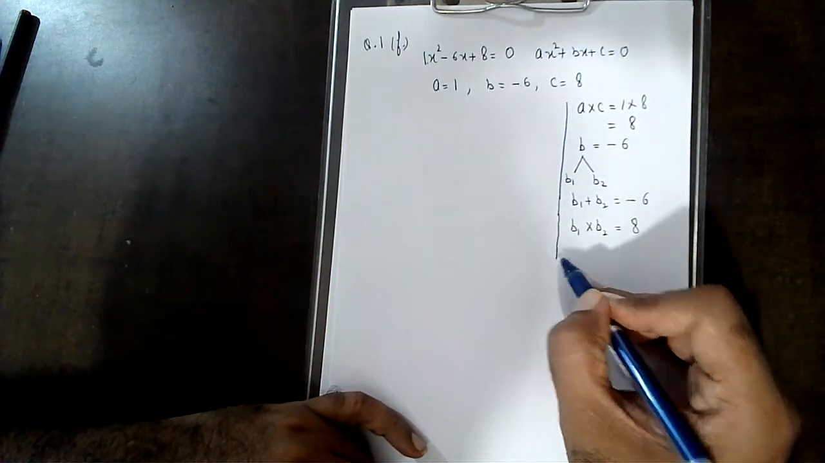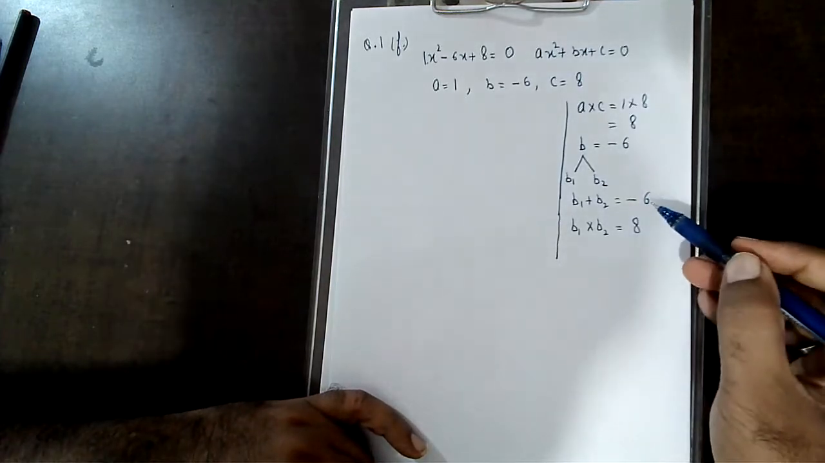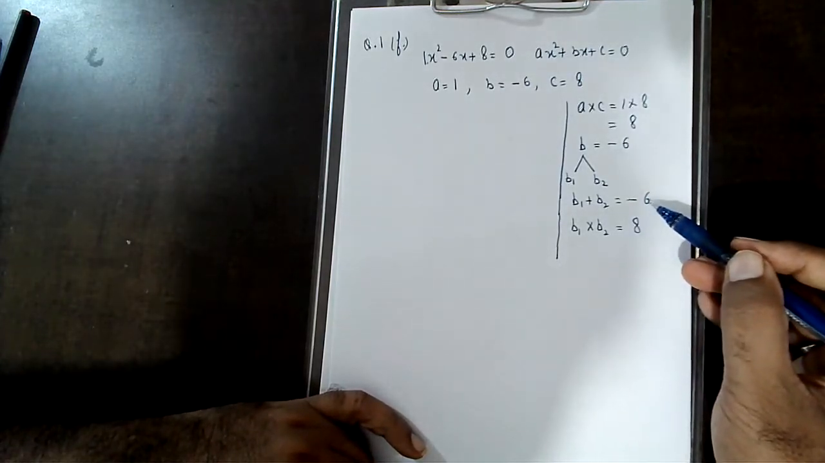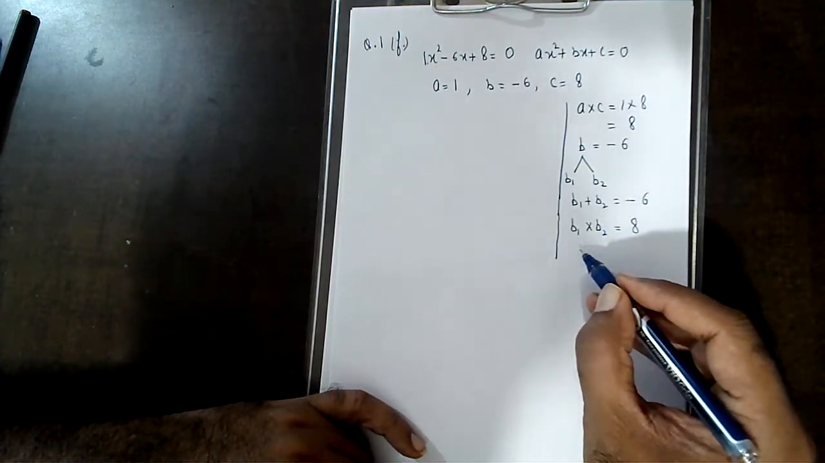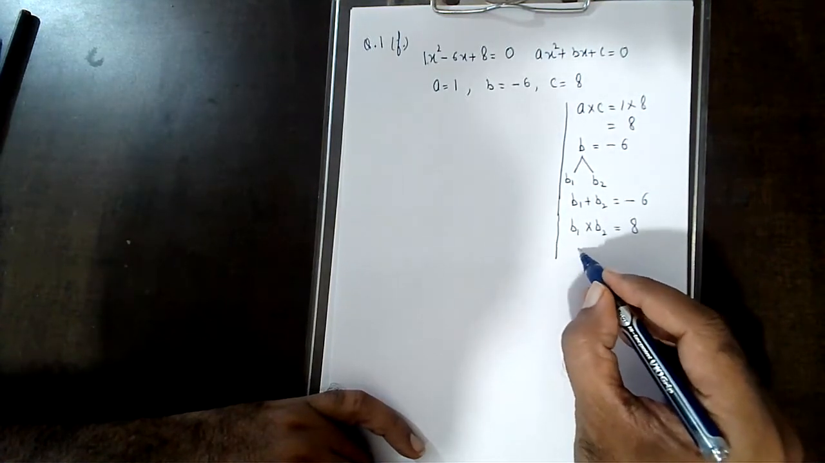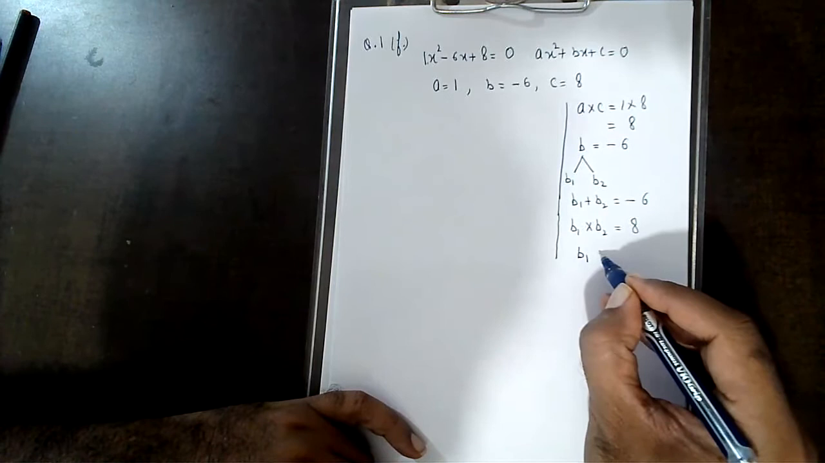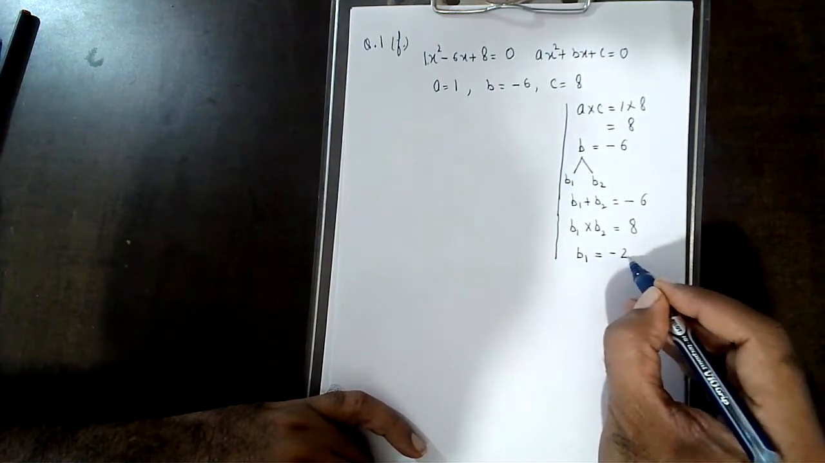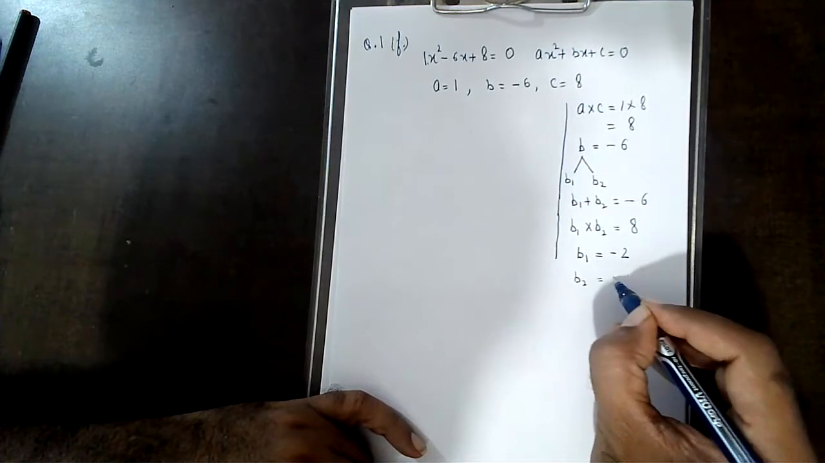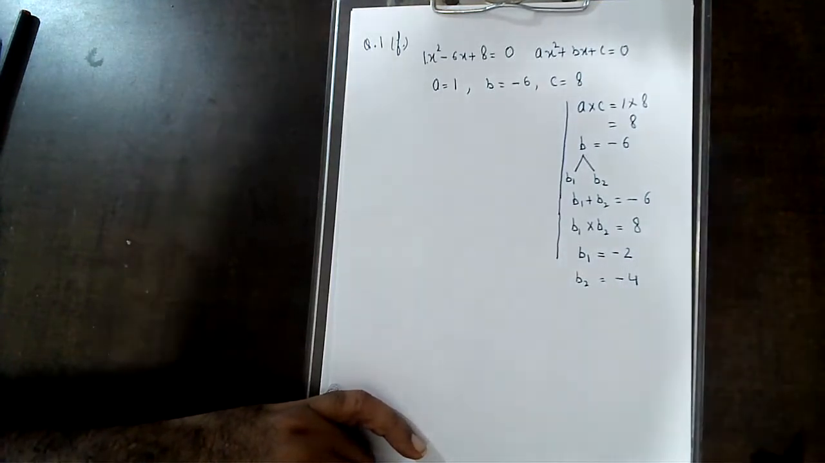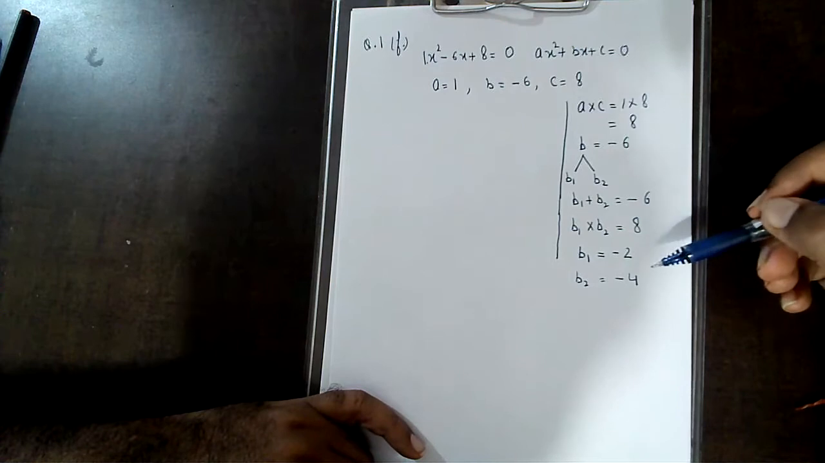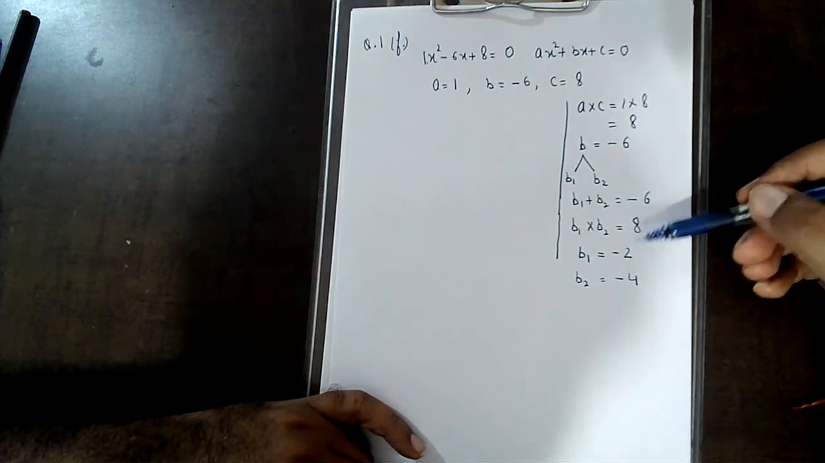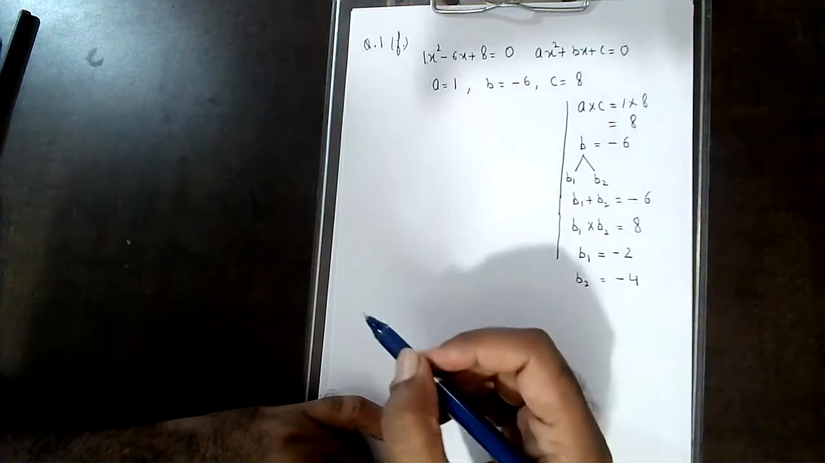Now think about the two parts. We have to split minus 6 into two parts. Now two parts, think. So we find B1 is equal to minus 2 and B2 is equal to minus 4. Okay, minus 2 plus minus 4 is minus 6. Minus 2 multiplied by minus 4 is plus 8. Okay, minus times minus is plus. So we will write the equation as